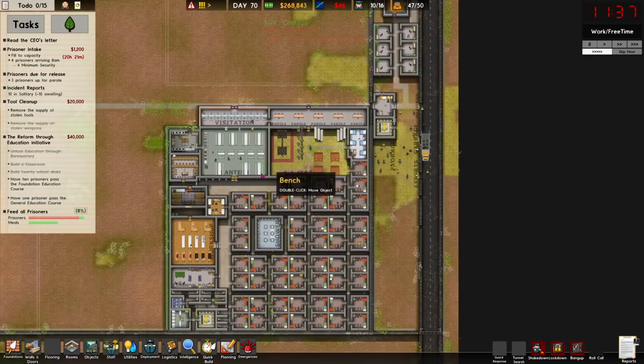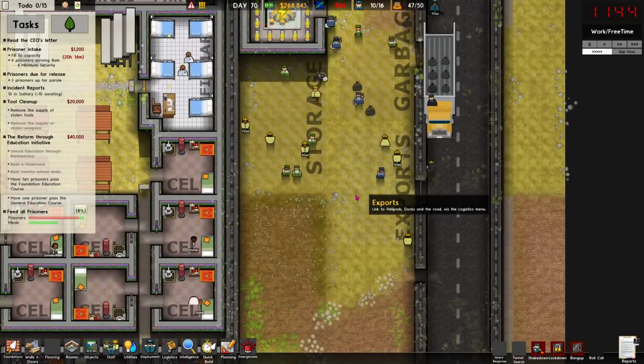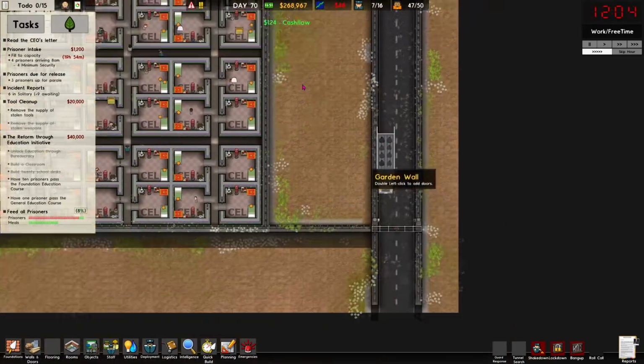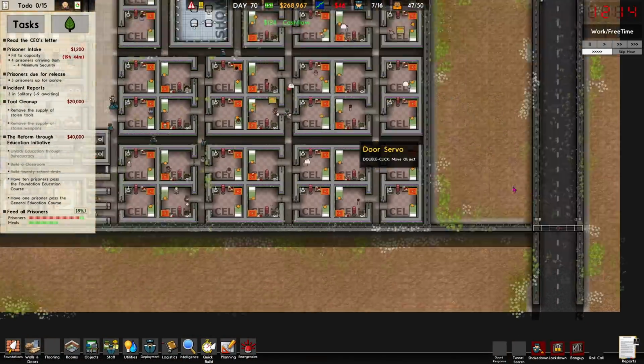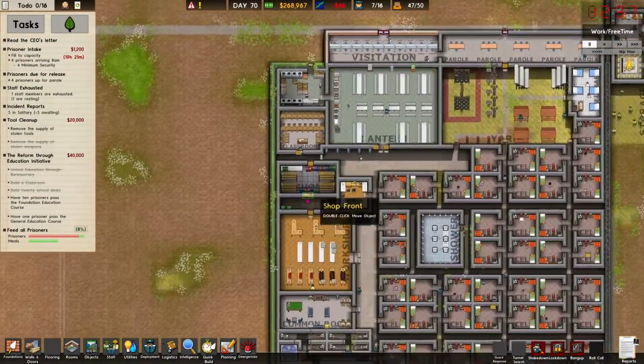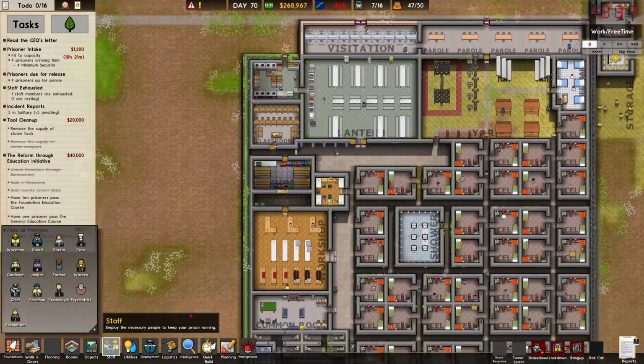What? The more I play this game, the more questions I have. It's backwards. It's sincerely backwards. I'm so confused. My servos are working now, though, so that's quite nice. This is going to bankrupt the prison. We need to get some money out of these people. Let's